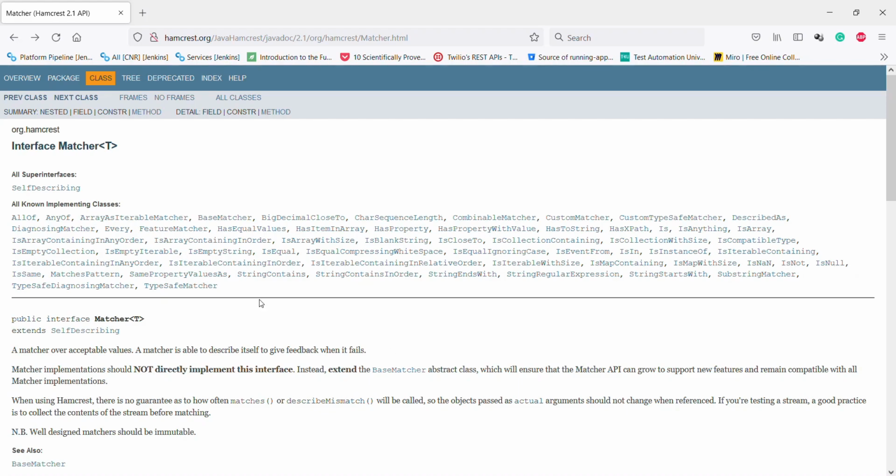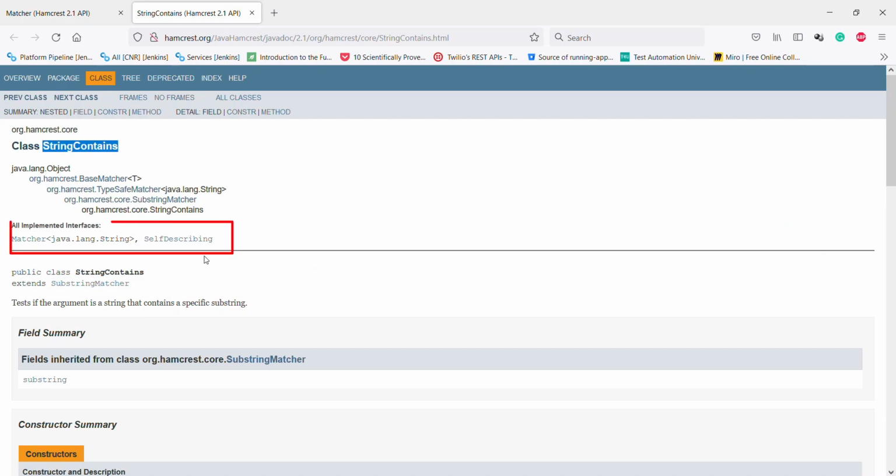Let me open one of the implementing classes. This class implements the Matcher interface, but for type String. So we will follow the same pattern to enhance our custom matcher so that it can be used with the inbuilt matcher coming from the Hamcrest framework.